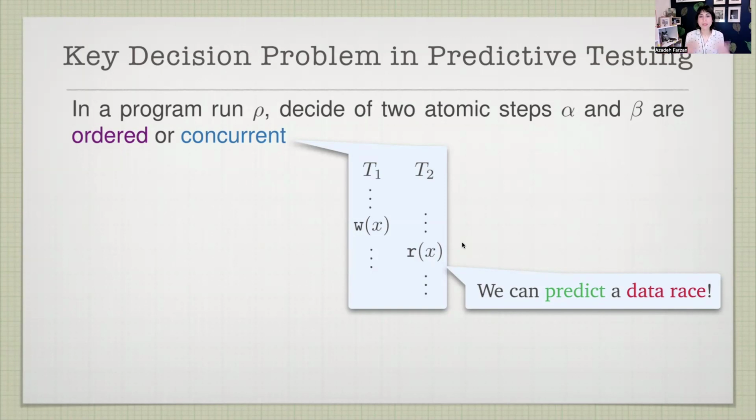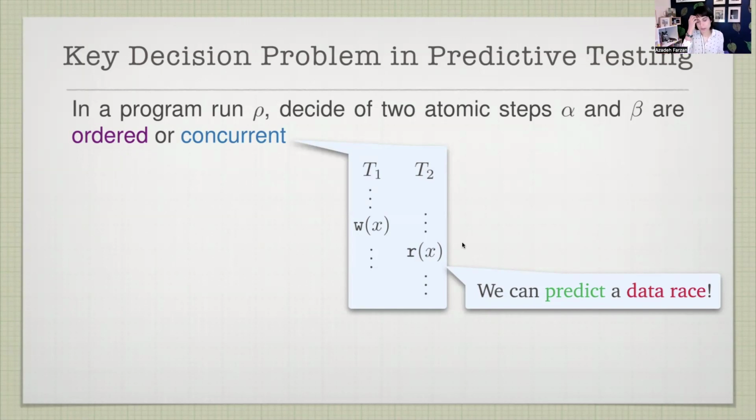Now I can observe a program run, and it's very unlikely that I see actual simultaneity of two problematic accesses at the same time. It can happen, but it's a very rare event. But I may see the accesses far apart from each other. If I ask my causal concurrency oracle, are these reorderable or are they strictly ordered? And if the answer is they are reorderable, then I can speculate that there exists an equivalent run in which they would actually happen simultaneously, and as such, predict a data race. So this is one example.